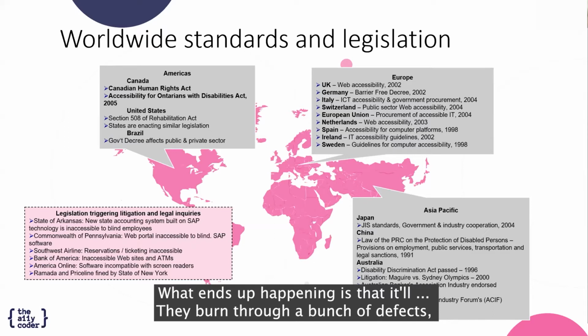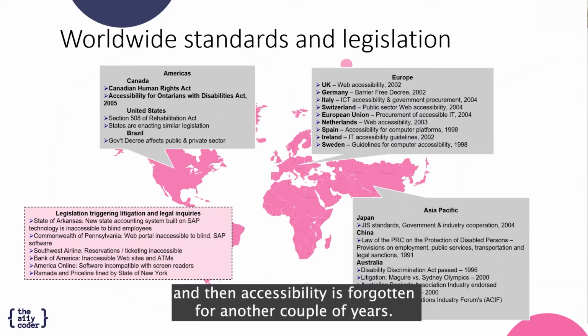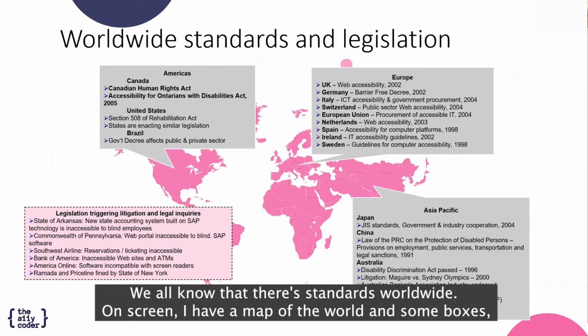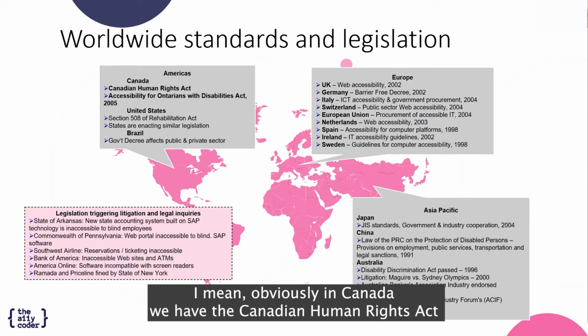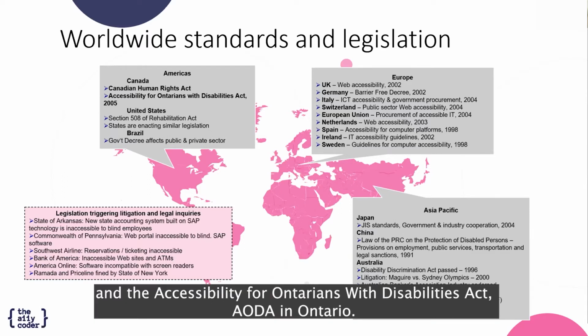What ends up happening is that they burn through a bunch of defects and then accessibility is forgotten for another couple of years. We all know that there's standards worldwide. On screen, I have a map of the world and some boxes just demonstrating different regions and the different standards or legislations. Obviously in Canada, we have the Canadian Human Rights Act and the Accessibility for Ontarians with Disabilities Act,